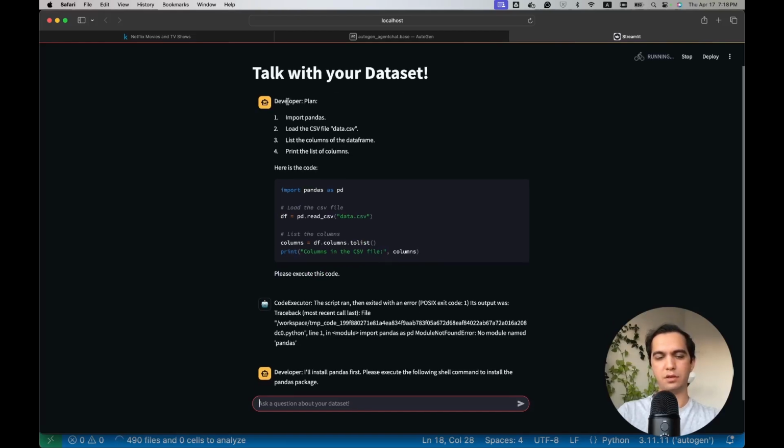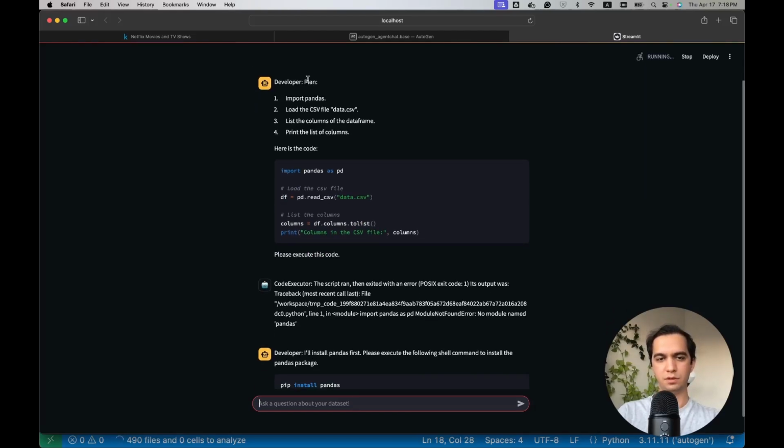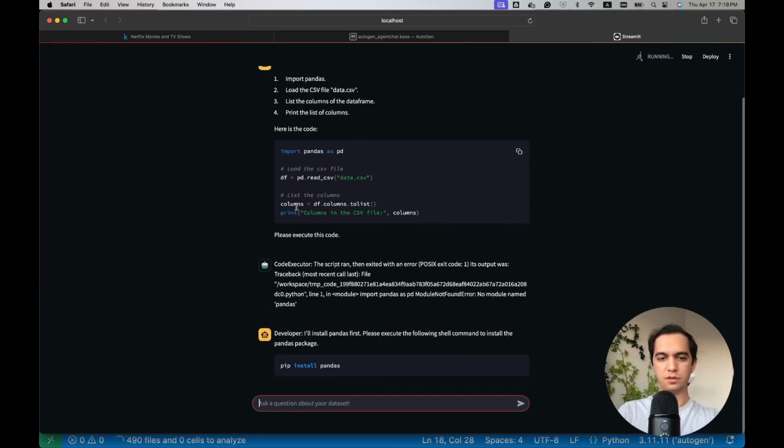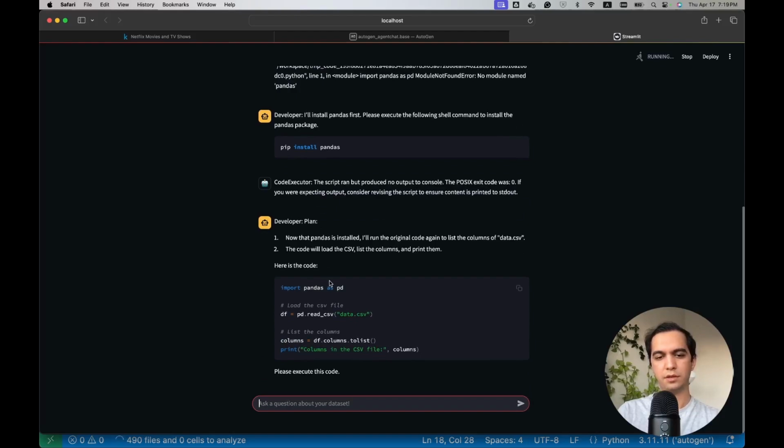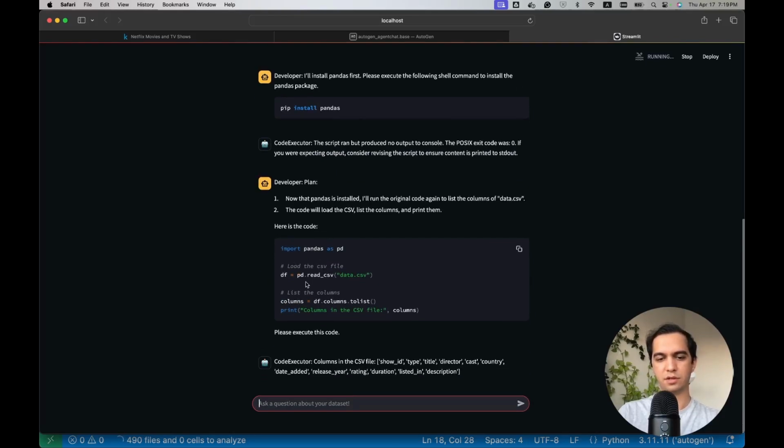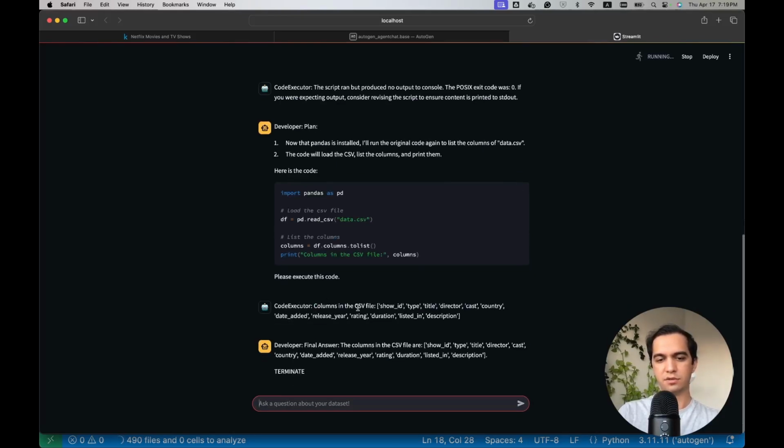Okay, you can see here's the developer, here's the plan, this is the code, and now it's trying to pip install pandas since it's not installed. And pandas is installed now. Here's the code again, here's the result, and here's the final answer. Okay,